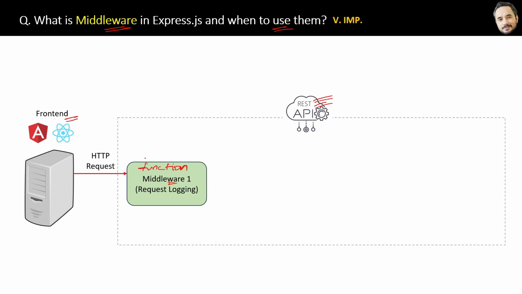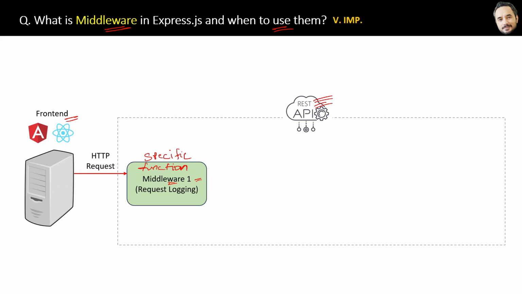See, callbacks, constructors, middlewares, all these are functions only. But because they do a specific kind of job, they are a specific kind of function, therefore we assigned them a different name so that they can be identified in a very clear way. So for example here the middleware function acts as a middleman between the request and the application endpoints, the get, put, post endpoints. So it's acting as a middleware.